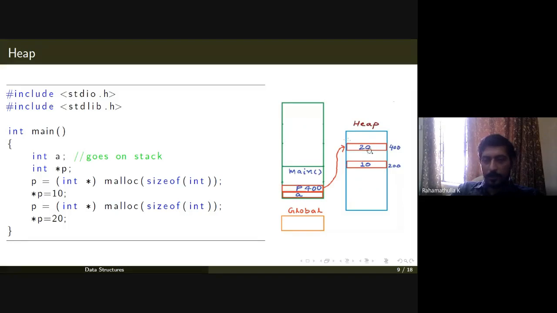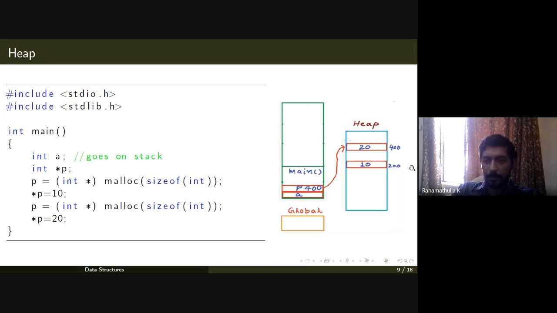What that means is this particular area will not be cleared. This is already there, but you cannot access it right now because we have changed the pointer from here to the other location. So this variable will remain in the heap section of the memory till the end of the program.